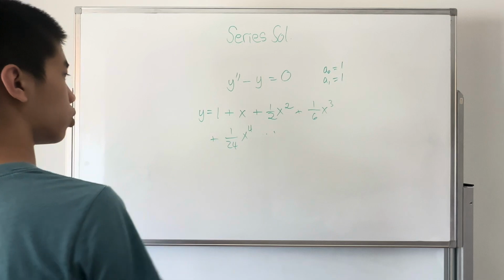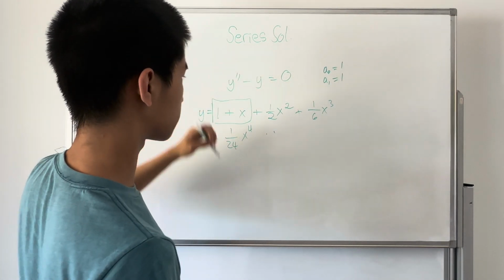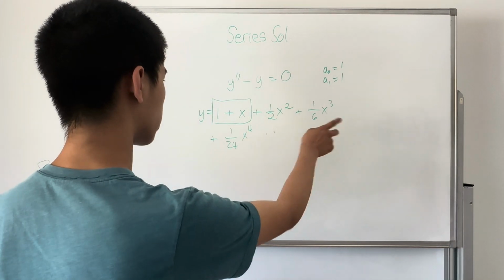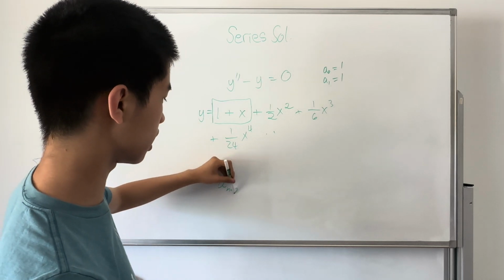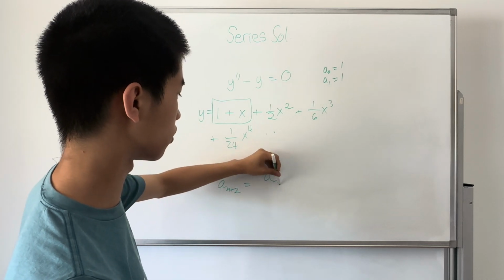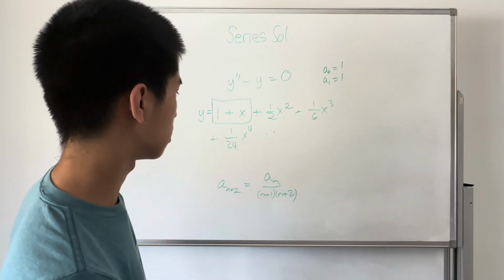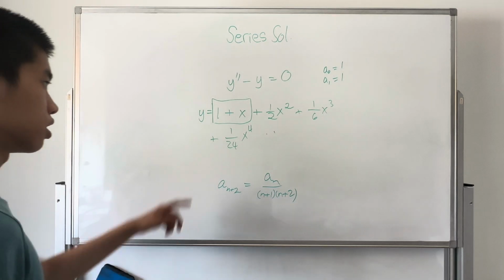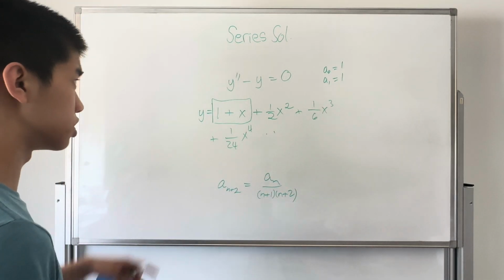So the point is, you can choose the initial terms, and everything that follows will have to obey the rules. So the rule that we found was that a of n plus 2 equals a of n over n plus 1, n plus 2. So if you make this go all the way to infinity, you'll find an exact solution to this differential equation,